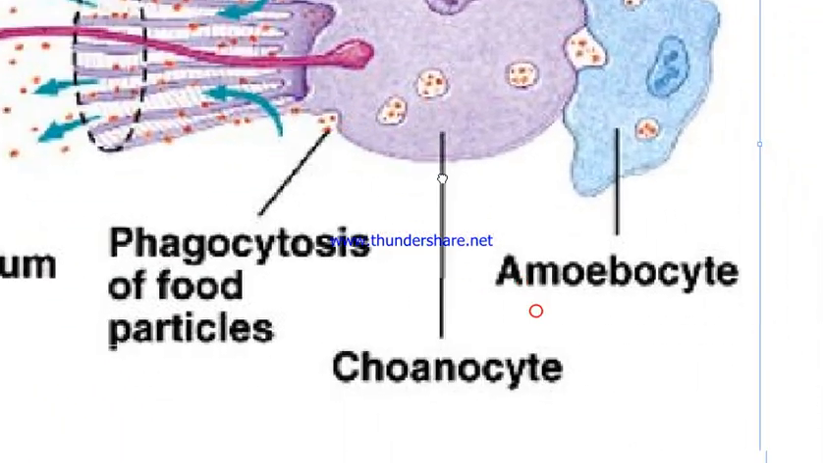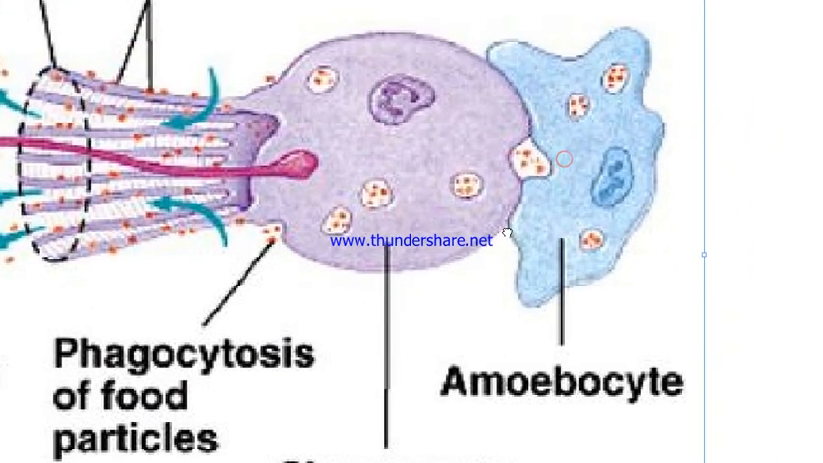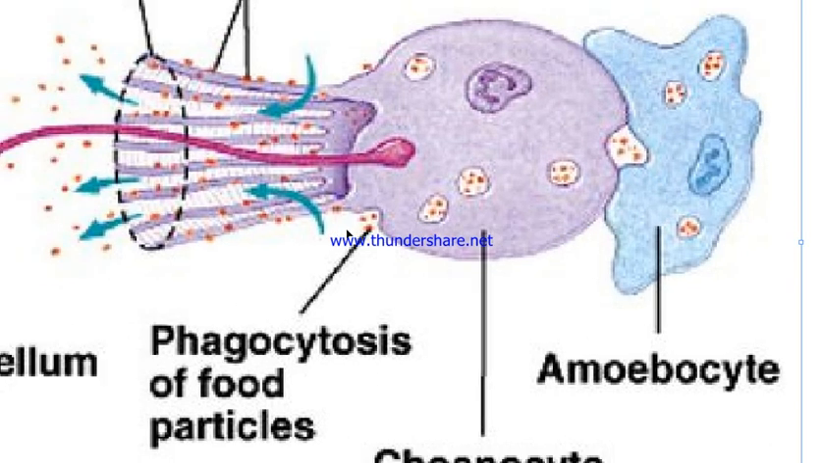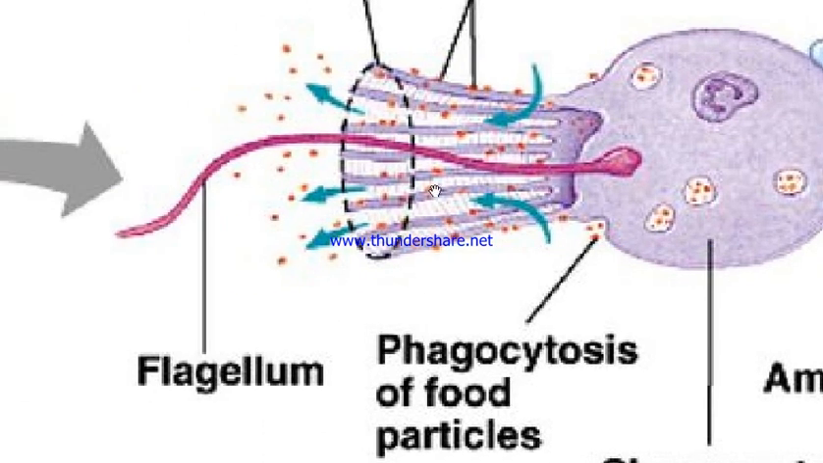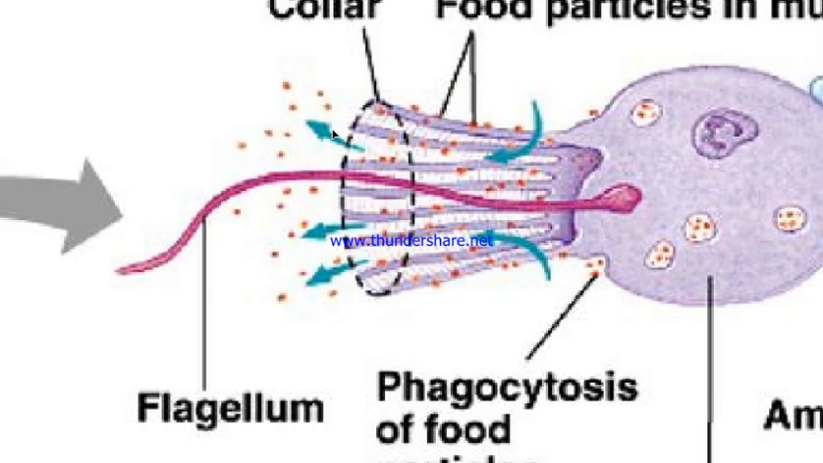Look, this is a cell, the choanocyte, and behind the choanocyte there is an amoebocyte, which looks like an amoeba. And there are flagella. These flagella drive water, they drive the microorganisms, bacteria, or the food. They drive the food present in water inside the collar. Yes, and when the food is attached in the collar, these foods are taken in by the